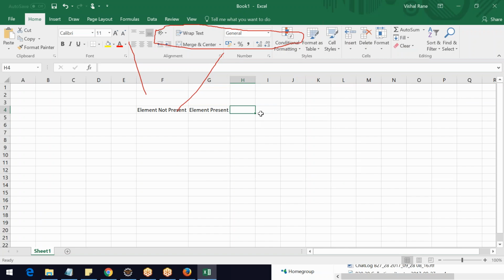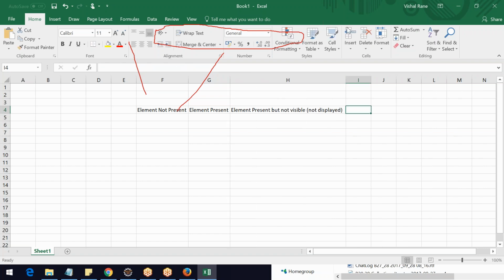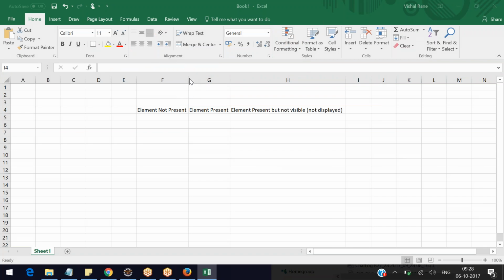The third category is element present but not visible, or not displayed. Not visible, not displayed, both are same, guys. So these are the three categories you can think of. These are the three categories of elements. There are other categories as well, but you know,